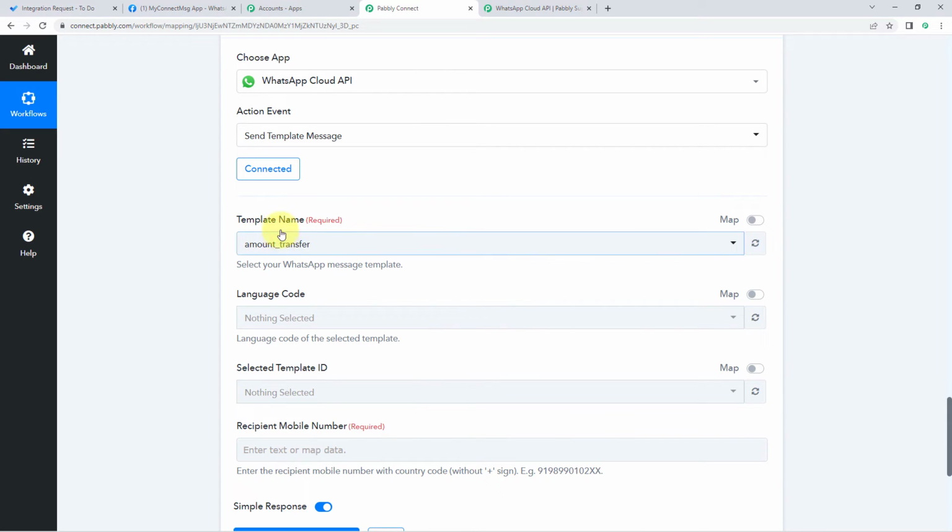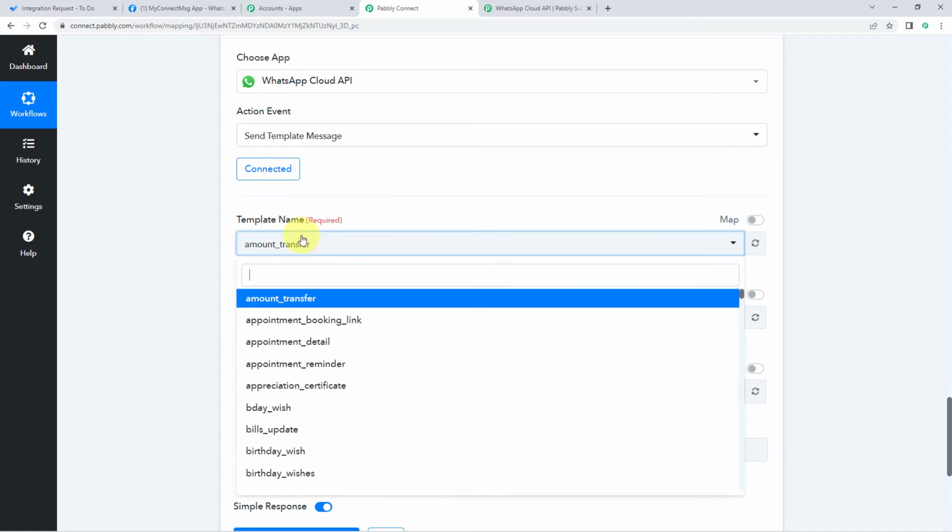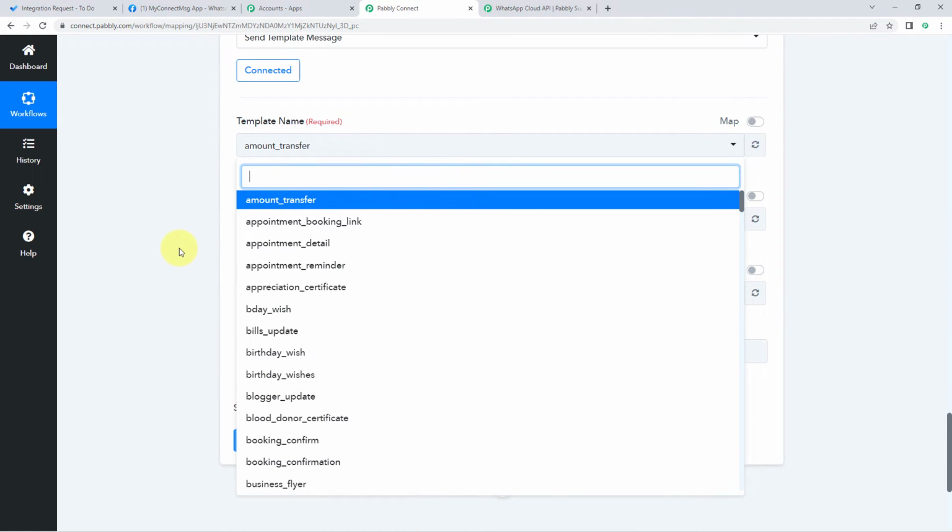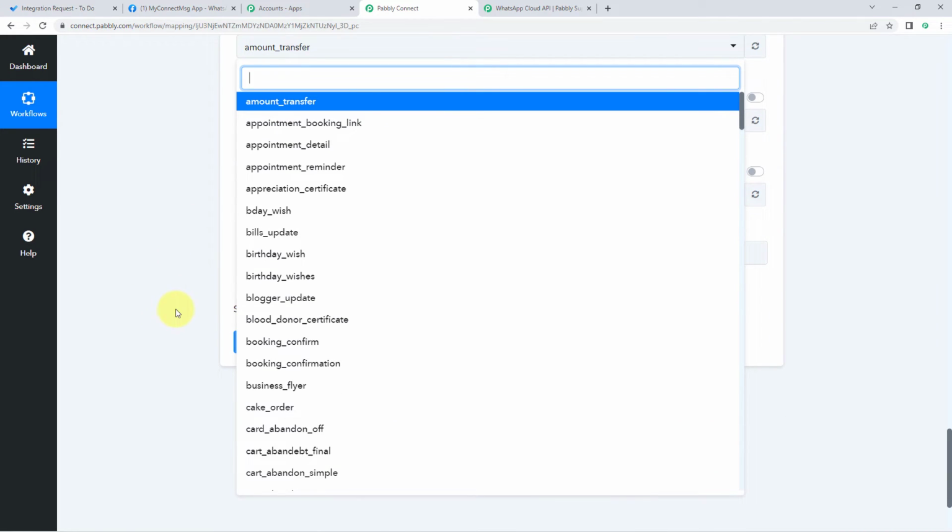So guys, here in this template name field, you can see a list of all the template messages which I have created in WhatsApp Cloud API. All of these template messages are the ones which I have already created and got approved from Facebook. So if you want to create your own template message or your own WhatsApp message, to do so,